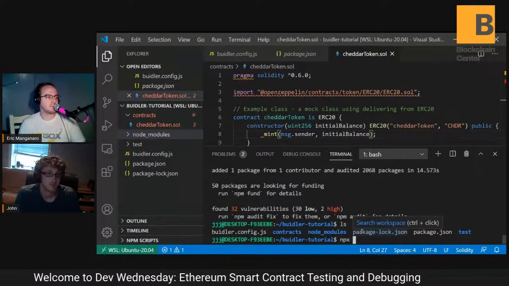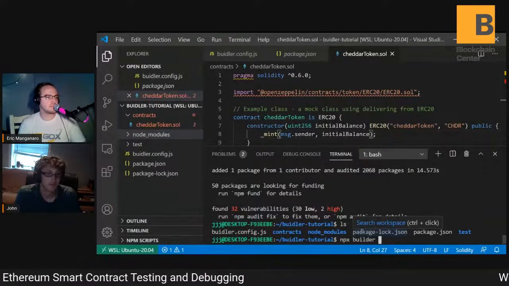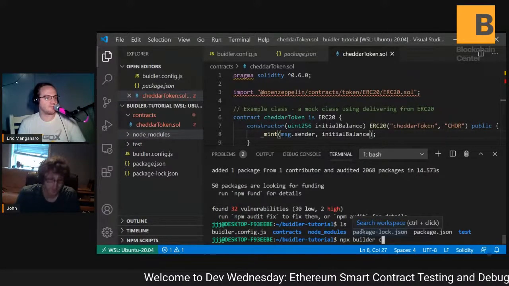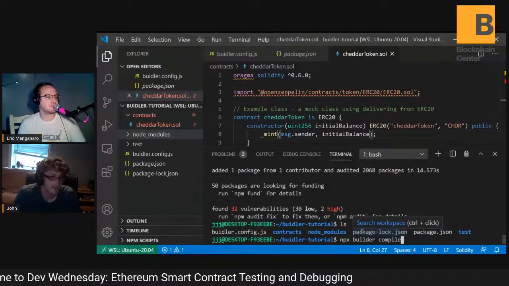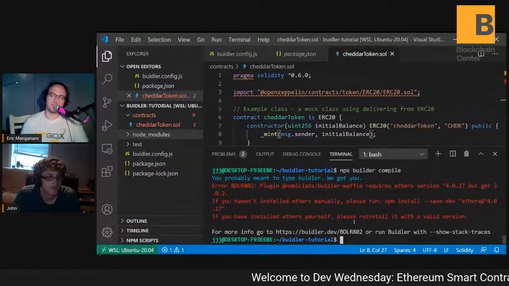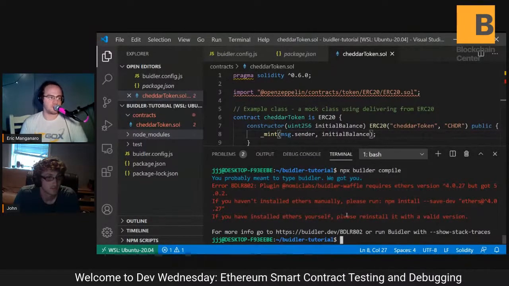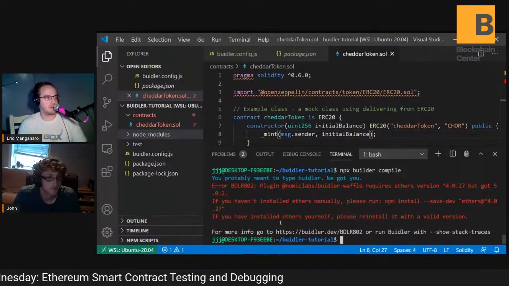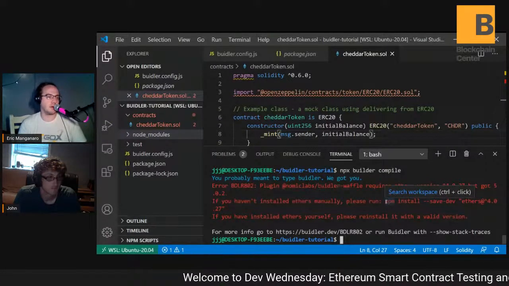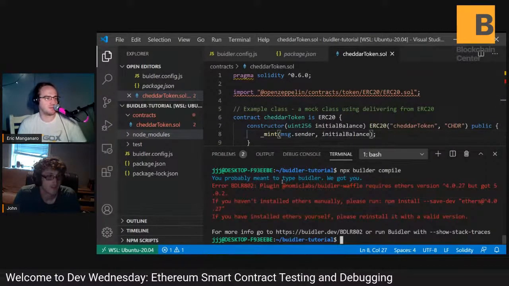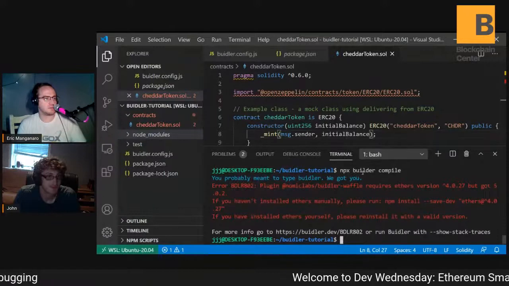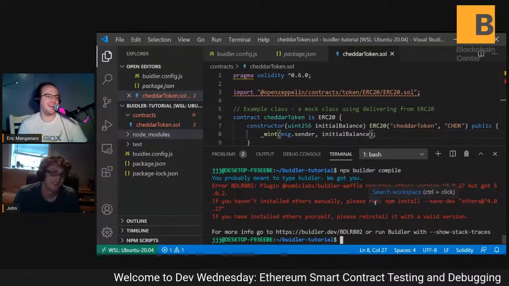Okay. So there is a function called... So this is the default Beadler compile, and we're using npx, which is a manager for npm. Yeah, npx is so you can install different versions of npm based on your package-lock.json inside the root folder. So if you have certain programs that are running at other... let's see, have you installed what? You probably meant to type Beadler. We got you, because I typed Buildler, Builder, and